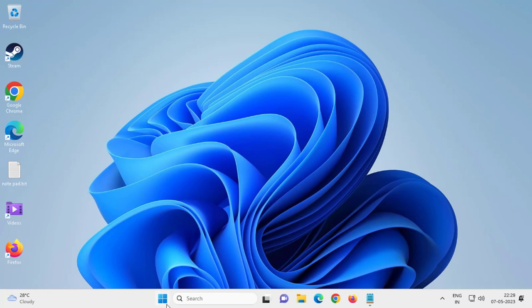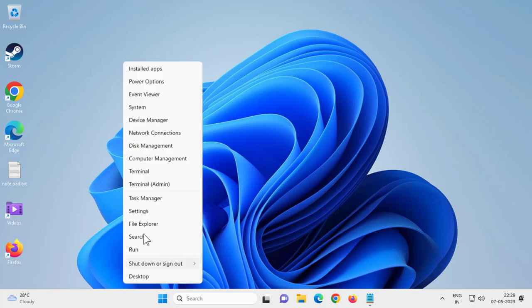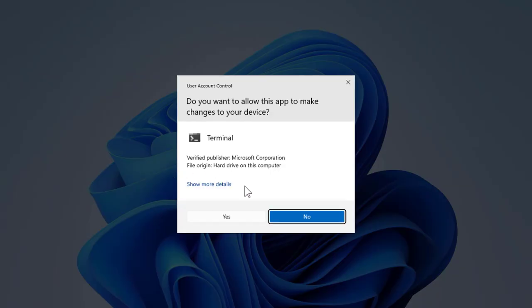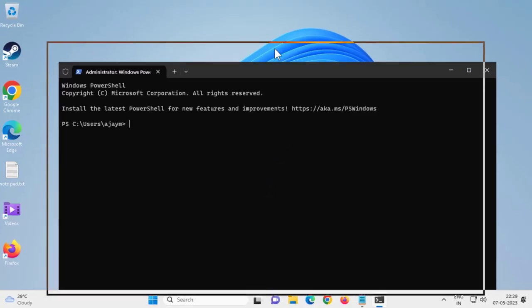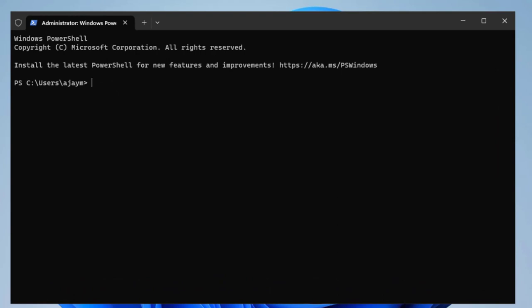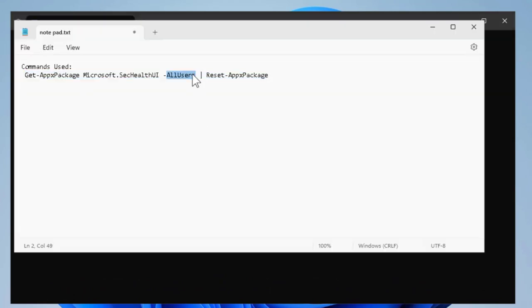You just need to go to the start button over here, right click on it, and click on Terminal (Admin), and click yes. Now check my video description for the command, guys. Copy it